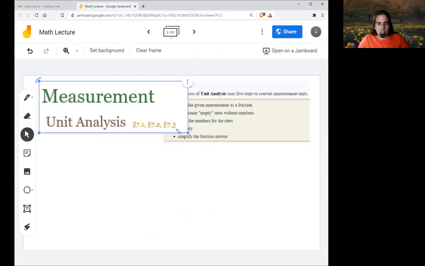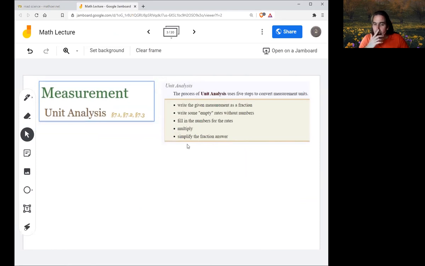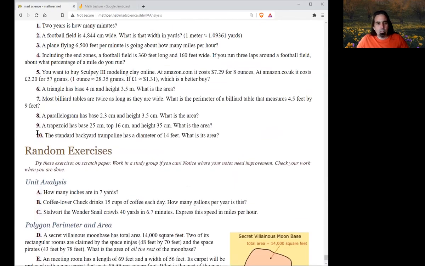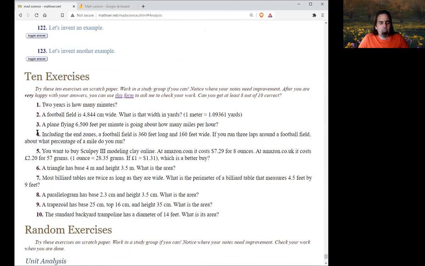So this is a somewhat tricky thing, but it's like riding a bicycle. You just have to sort of practice it a lot, and then all of a sudden it will click and you're like, okay, now I got it. So I'm going to do some sample problems, show you how these 5 steps work, and have you help me by telling me what to write. If I go to the bottom, then